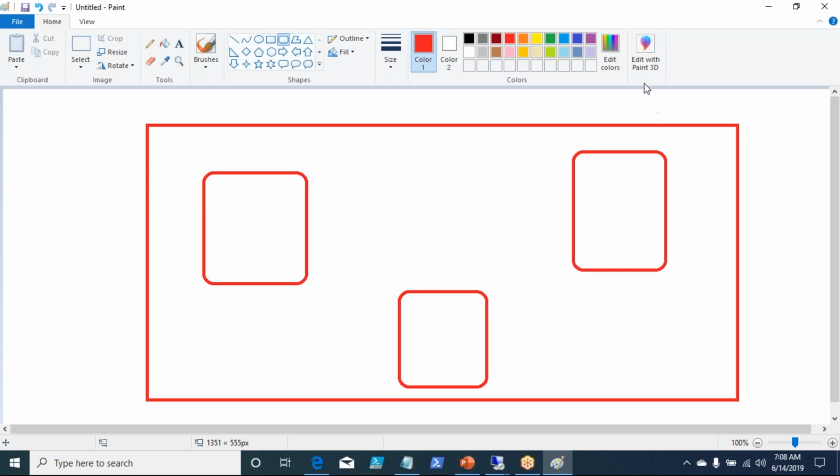Now, by default, there is something called the default route path, right? Which means that subnet A will be able to communicate with subnet B, subnet B will be able to communicate with subnet C, and subnet C will be able to communicate with subnet A. That means there will be a default routing path which gets created when you create a virtual network and when you create a subnet within it, right? So that is the default one.